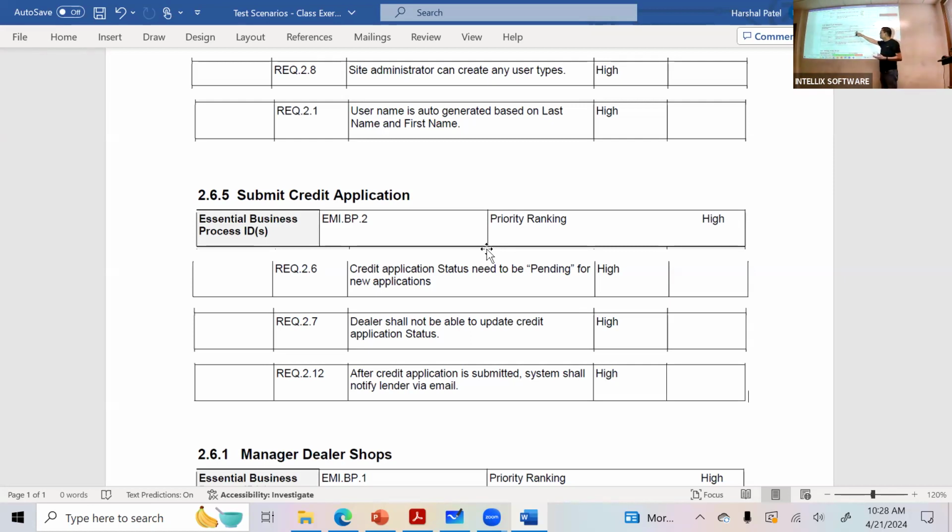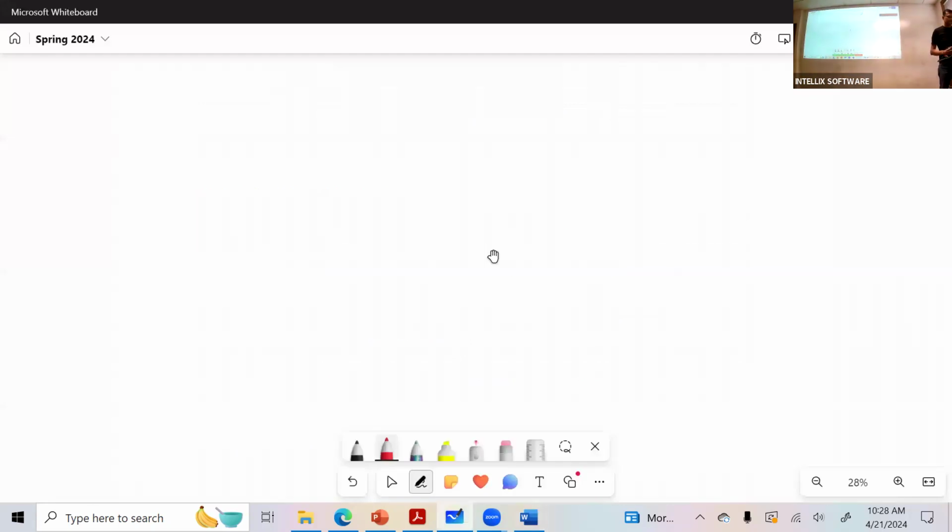So in terms of the scenario wise, if you have this requirement, 2.6, you are submitting a credit application, you are checking the status is pending or not, right? In order to do that, you have to submit the credit application.